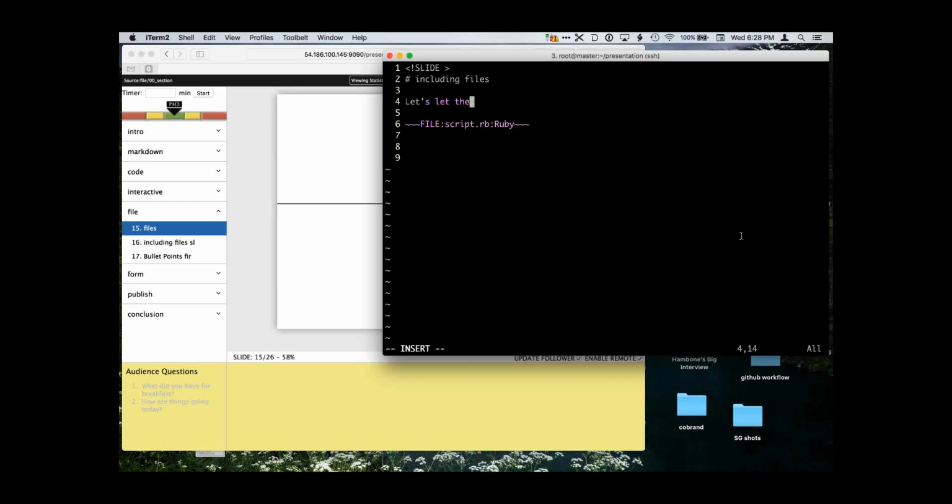Let's let the audience download this silly script. Now to do that, all we do is add a download tag.